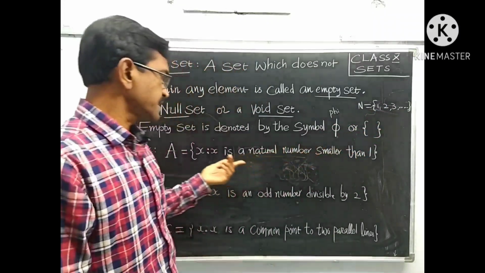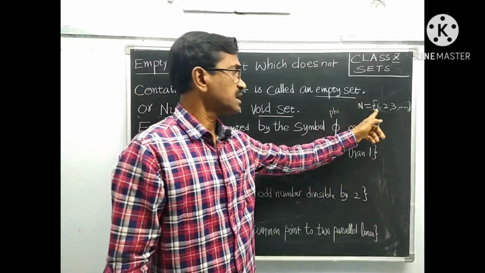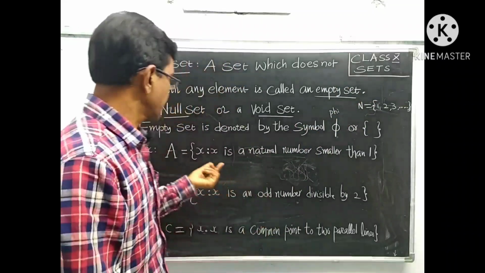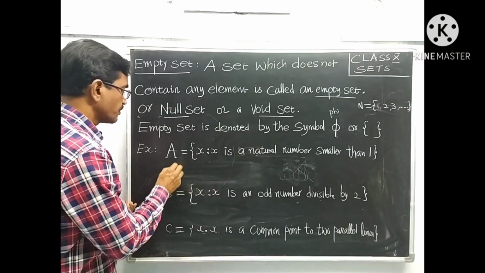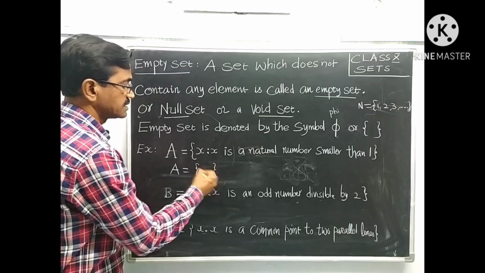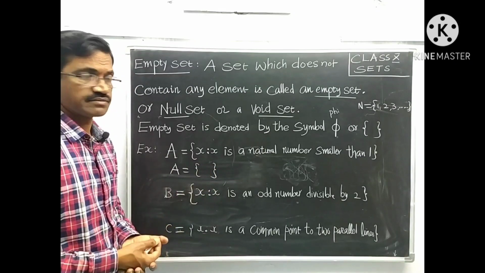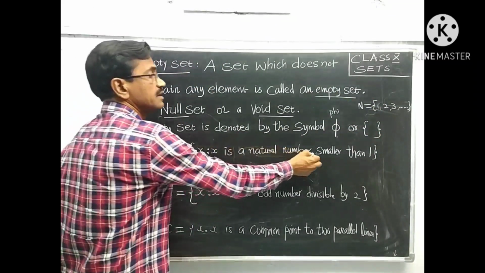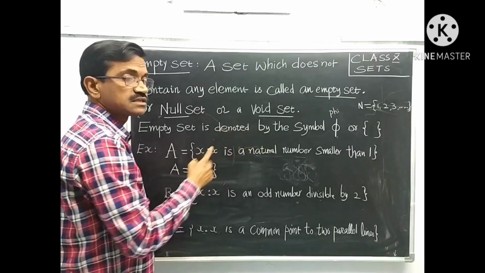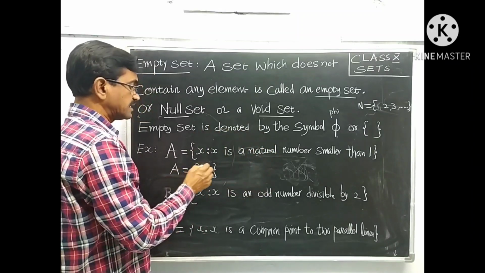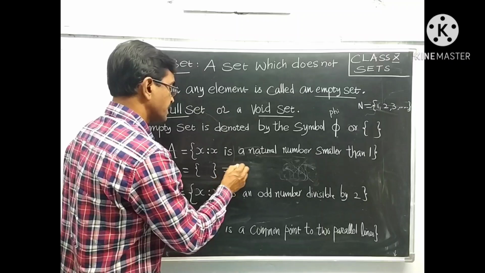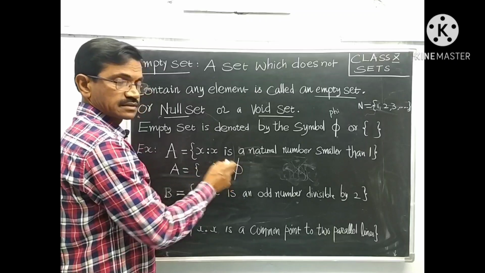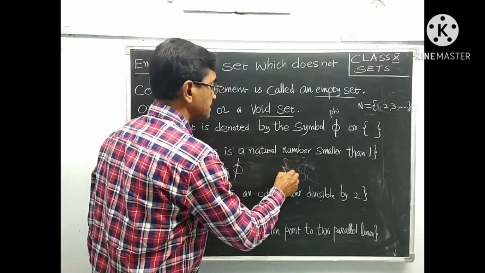These numbers are used for counting. So, here we have to write smaller than 1. Are there any numbers smaller than 1, lesser than 1? No. So, we cannot write this set. So, we have to represent this one by like this only. We cannot write any elements here because there are no elements smaller than 1. Therefore, this set is called empty set or null set or void set. We have to write like this. Otherwise, we can represent the set by like this phi. Both have same meaning.